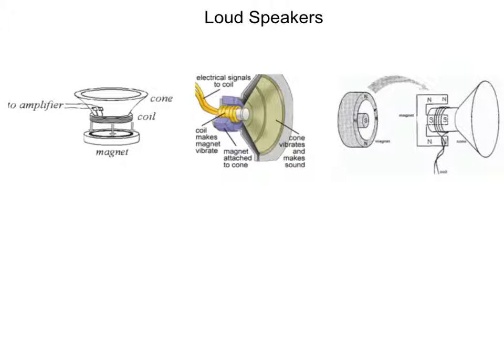Another pretty cool application of the force exerted by a magnetic field on a conductor is your basic loudspeaker. The parts of a loudspeaker are a paper or plastic cone right here, a magnet base, and a coil of wire. The way the thing works is a small electric signal is sent to the coil from some sort of amplifier, such as a radio or CD player. This is a signal that will vary with the music or whatever sound is being sent. That is, the current is going to increase or